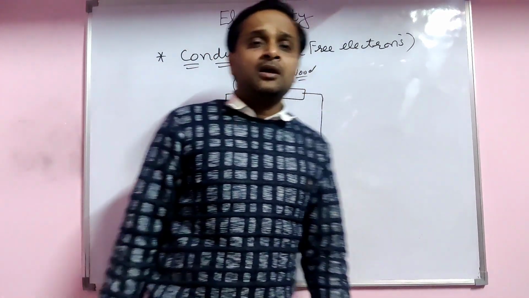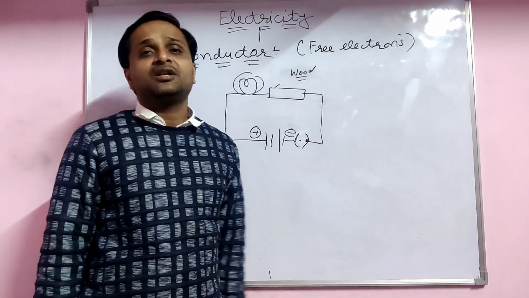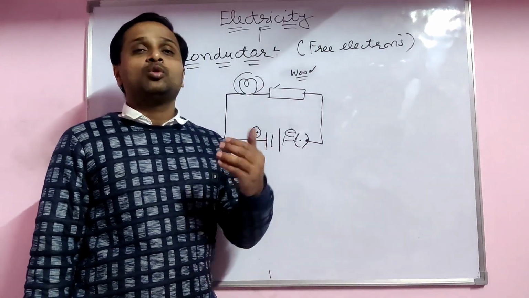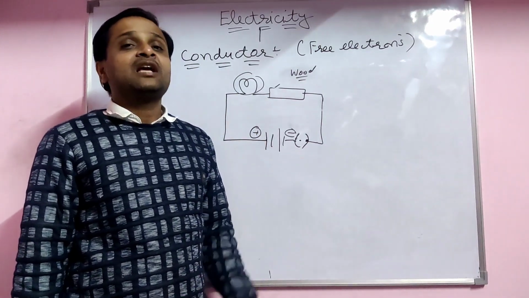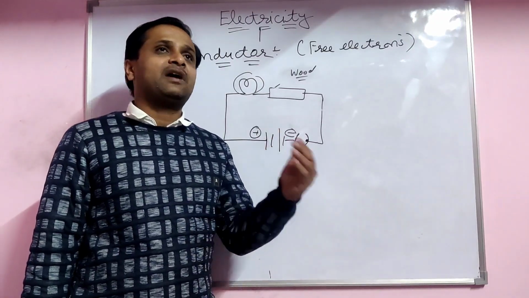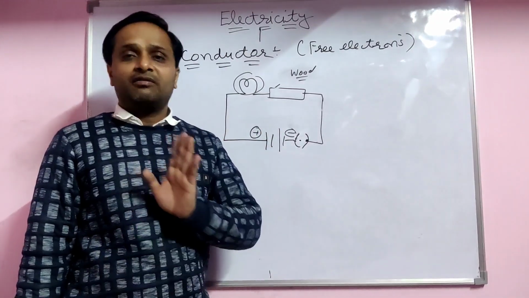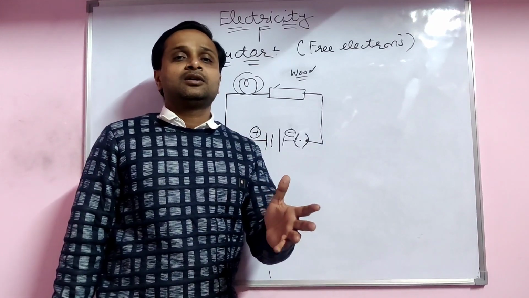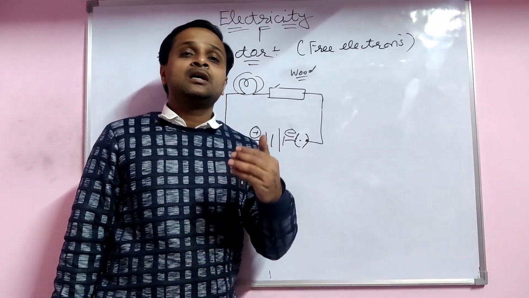Yes, now this much we have to do in this lecture. In the next lecture we have to do household electricity and connections, different types of wire: live wire, neutral wire, and earthing wire. So in the next lecture we will discuss household electricity.